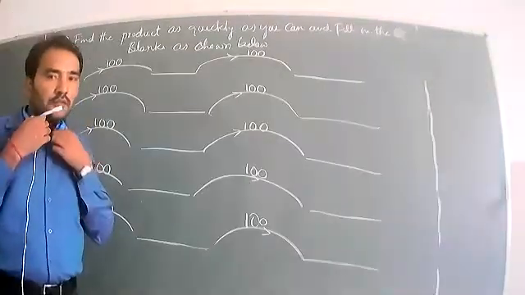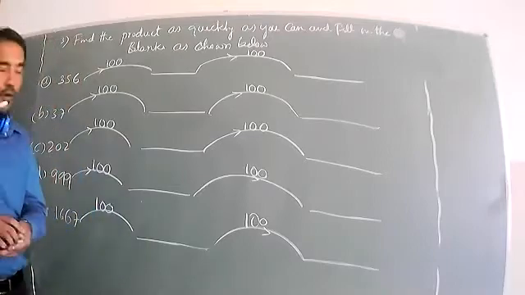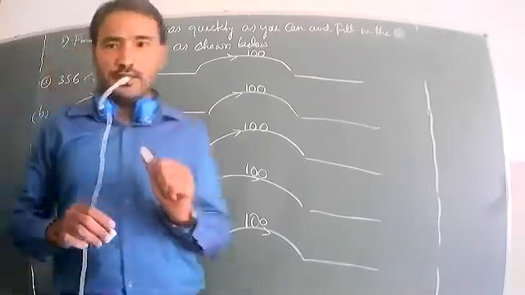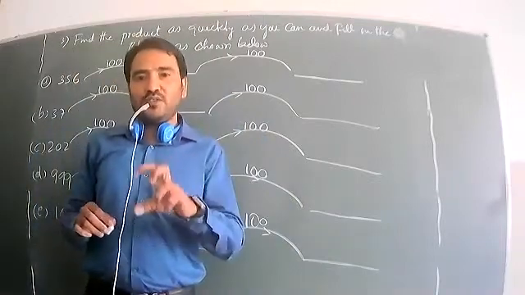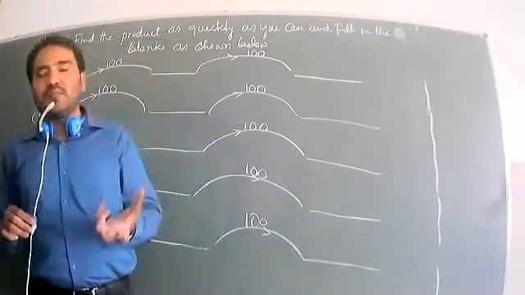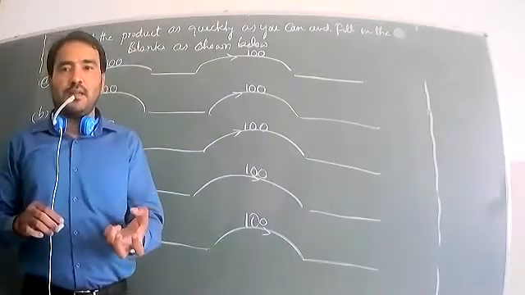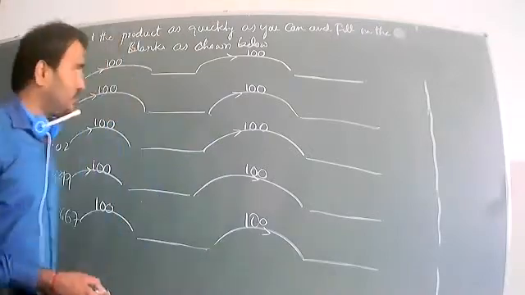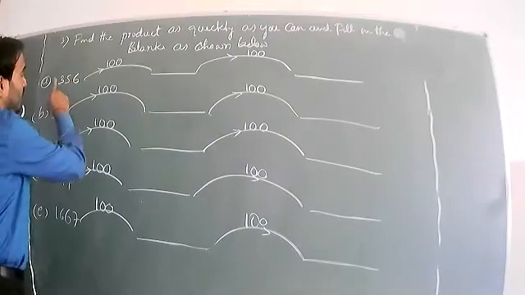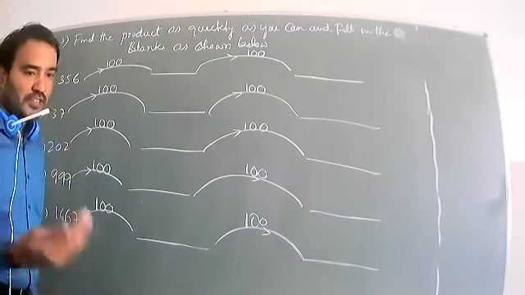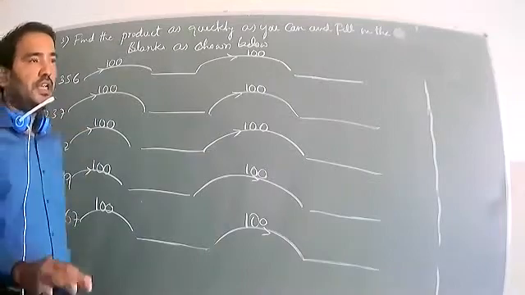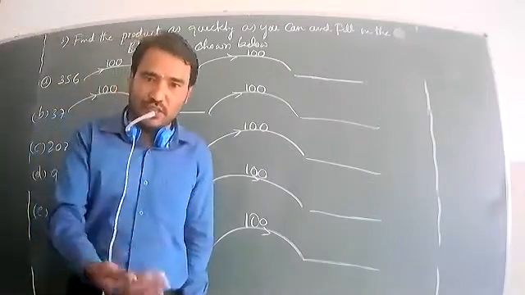Okay. Now it is third main. How to multiply by 100? It is very quick to multiply. You know how many zeros are there? First put them, and then multiply the remaining numbers. It's a very easy concept. The first one has been done in the textbook, so you can see that example, and then the remaining questions have to be solved.